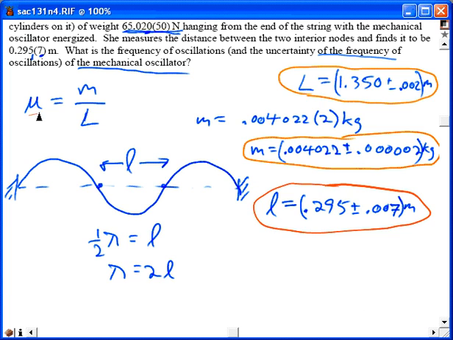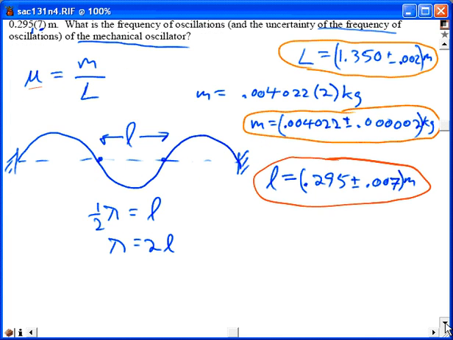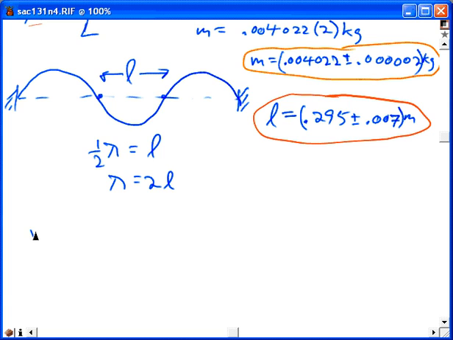With the mu here and the F sub t, we've got enough to calculate the velocity. Here's where I'm going. We get an expression for the velocity. We can think of it as a value for the velocity, but if we get an expression for the velocity, then we can simply use the velocity is equal to lambda f solved for f in order to answer the question. So at this point, I want to use the fact that the velocity, you can look at it on your formula sheet, is given as the square root of f sub t, the tension in the string, divided by the mass per length,